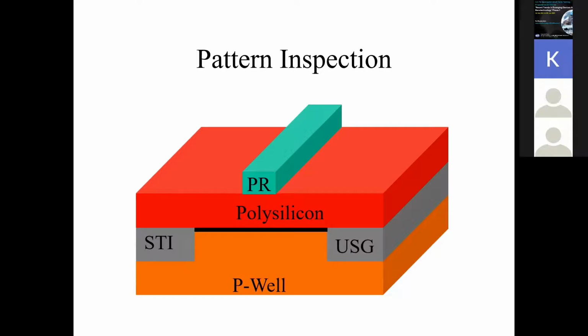And obviously you have to do the pattern inspection. That means with the naked eye you cannot see well. Obviously with the naked eye you cannot see whether there is an error in a 1 micron pattern or less than that, or whether there is underdevelopment or incomplete development. All this you cannot observe with the naked eye. So for that you have to do a pattern inspection under a microscope, and after you are confident enough that okay, the development is fine enough, then you can go further for your final work.